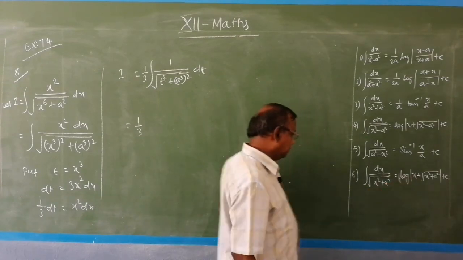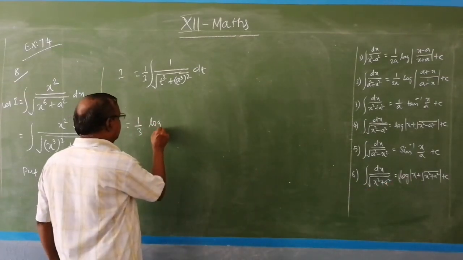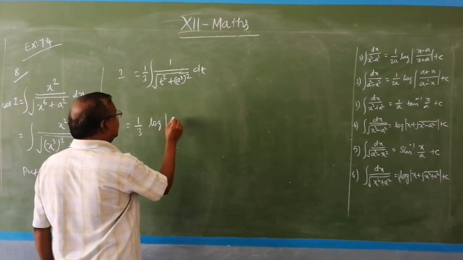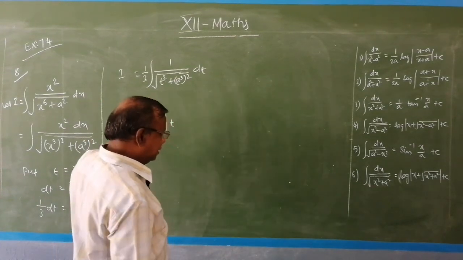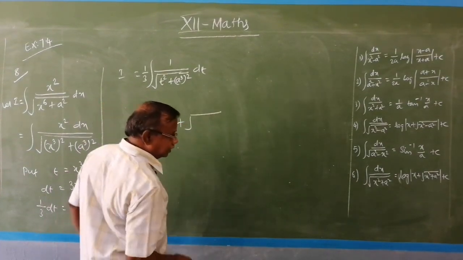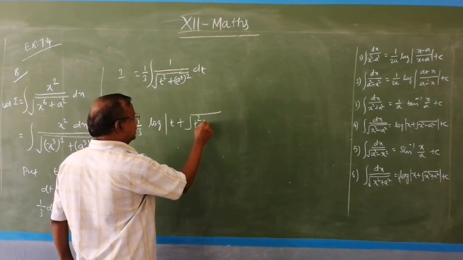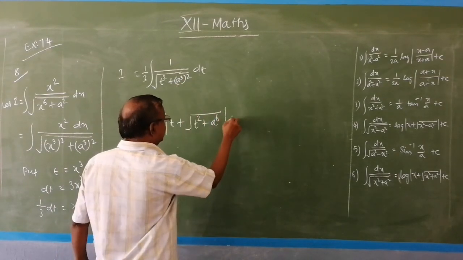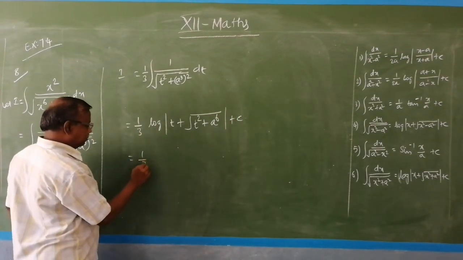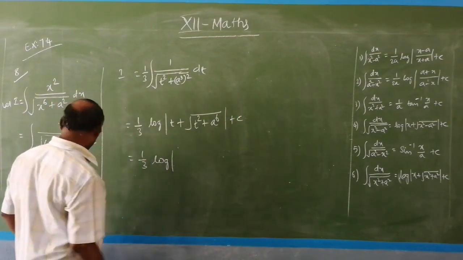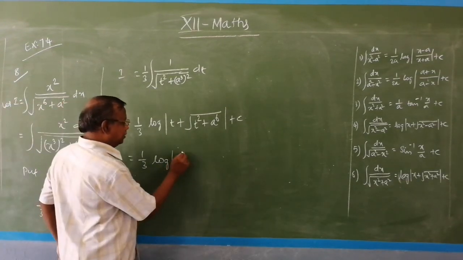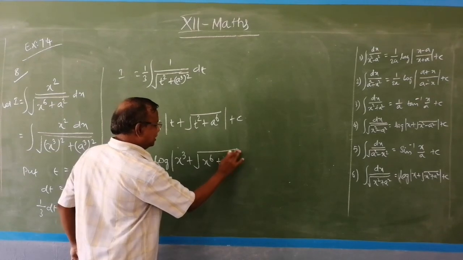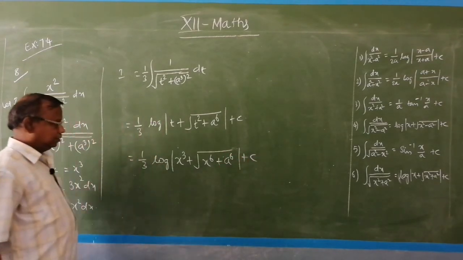Log of modulus of x means t, plus root of x square plus a square means t square plus a square means a cube the square, that is a power 6 plus c, and which is equal to 1 by 3 log of t means x cube, that is x cube plus root of t square means x power 6 plus a power 6 plus c. So this is a